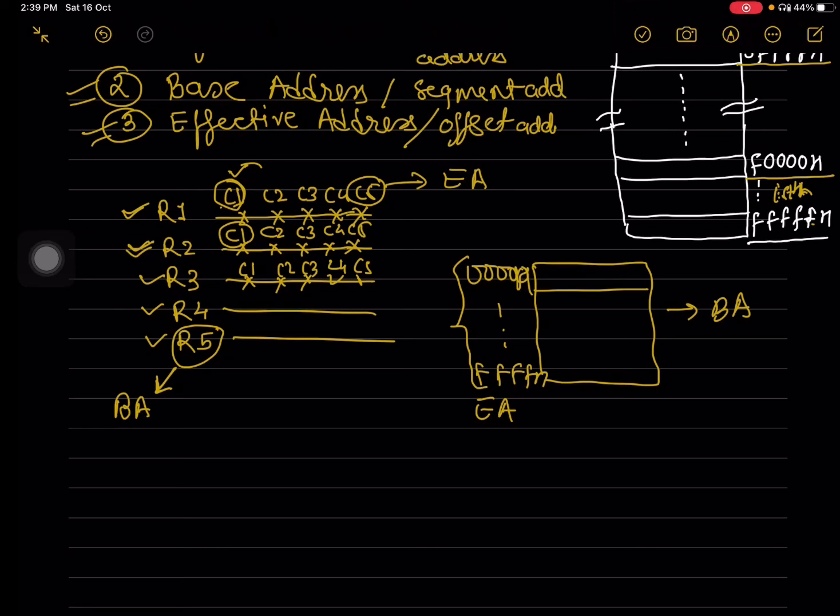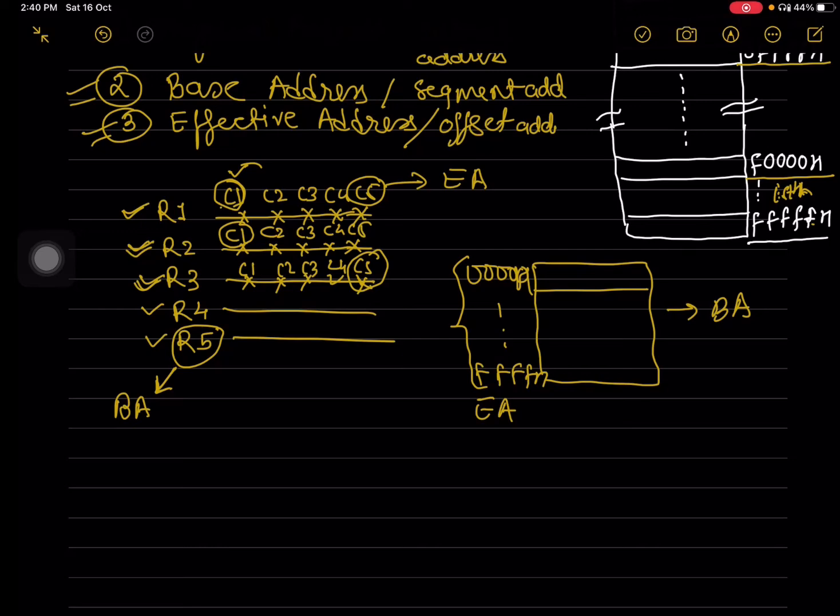Now if I want to search for this particular house, I should directly go to row 3 and column 5. I need not search from the first house, then second, third, fourth, and so on. I can directly access the particular house using row address R3 and column address C5. In a similar manner, if I want to access a particular memory location, I can straightaway use its base address to identify the segment and its effective address to identify the particular location. So, direct memory location access is possible.